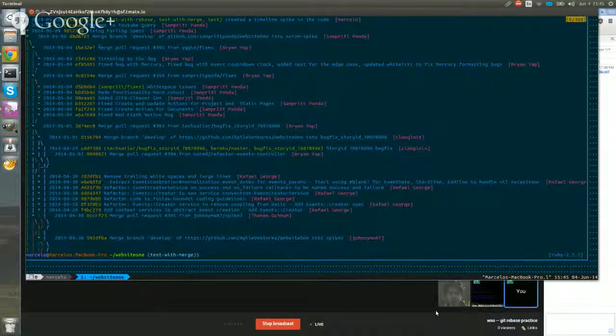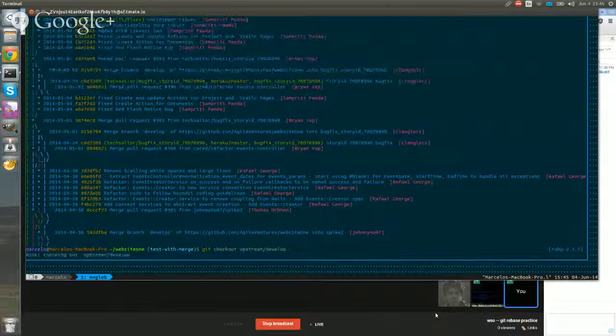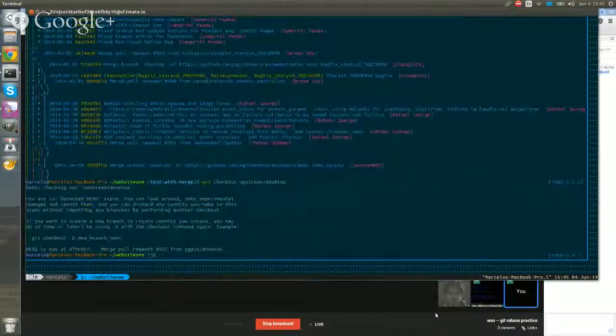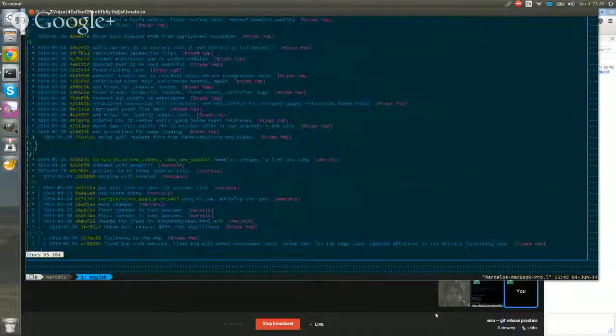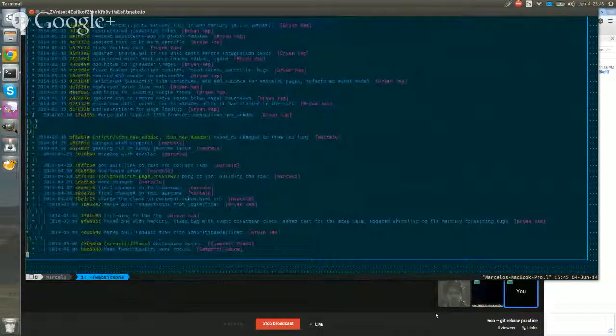So this is the commit that we branched off from. Yeah, that is the common ancestor. I'll show you again because obviously you didn't see it. So that's the commit I'm focusing on. If I check out back to upstream develop and type git log, now somewhere down here, if I keep scrolling down, oh, there it is. Pull request 395. Yes. This is the same commit, right?